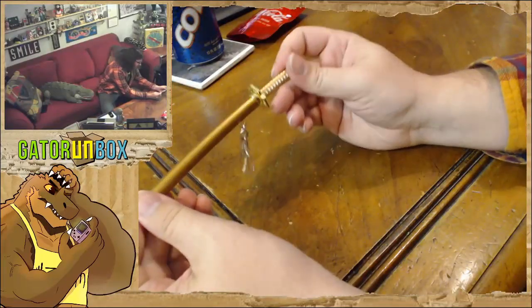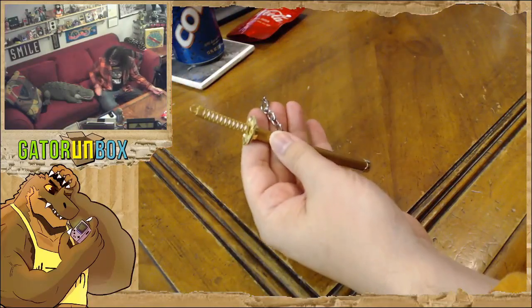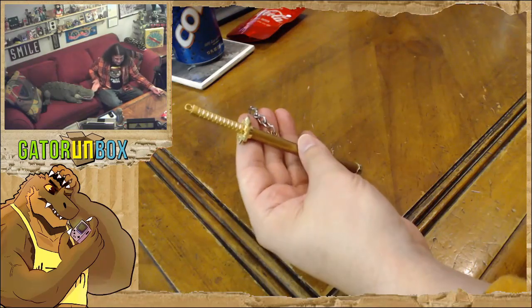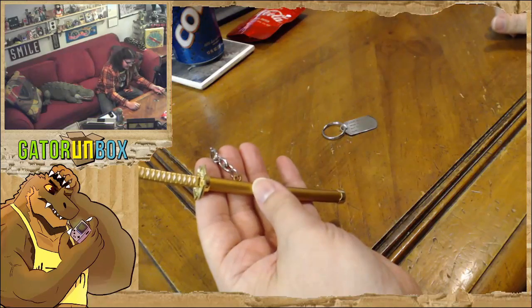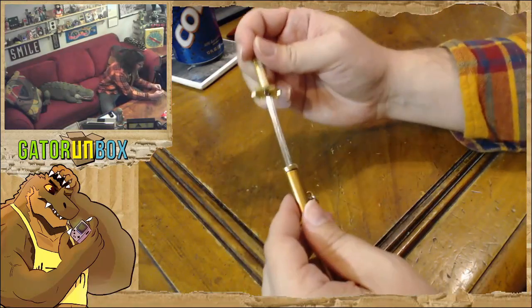Okay, so we got 3 keychains. We got a keychain that says emotional support animal, which I think might jokingly be for Ness. We got a keychain that says I love you for who you are, but man, that dick sure is a bonus. And then we've got a fucking